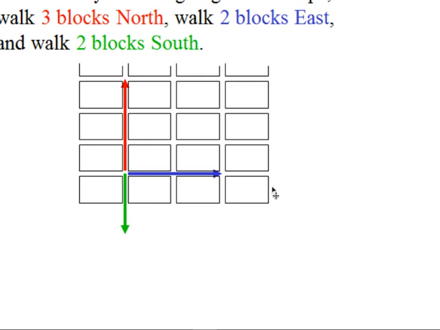Just to hammer it home that there is this logic to what we're doing, suppose I said I would like you to make these 3 trips. Walk 2 blocks south, walk 3 blocks north, walk 2 blocks east. I want you to do those 3 things for me. Add them together. Well, I think it is rather obvious that what you would do is first do one of the journeys,